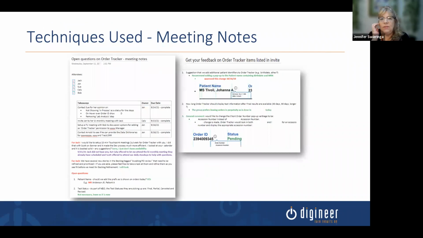The next technique was meeting notes. And this technique really opened my relationship with this product owner. And I'll explain to you why. Initially, I was not invited to the high-level stakeholder meetings that the PO set up. And after a couple, I went back to him and I said, why don't you have me there? And he says, well, you can't contribute anything. And I was like, well, that was director thinking. And I told him that